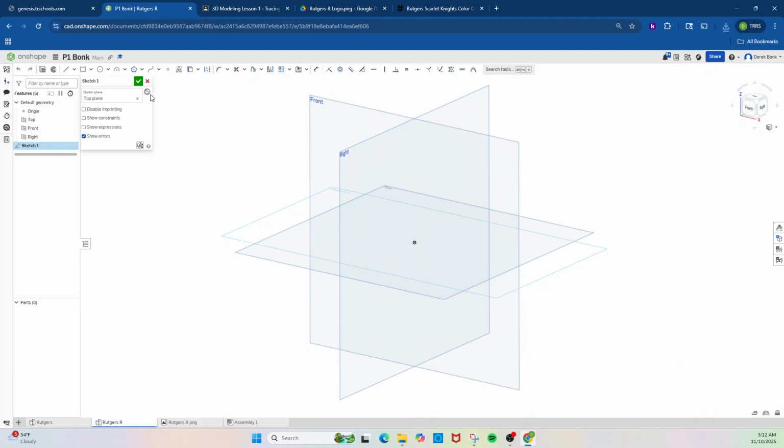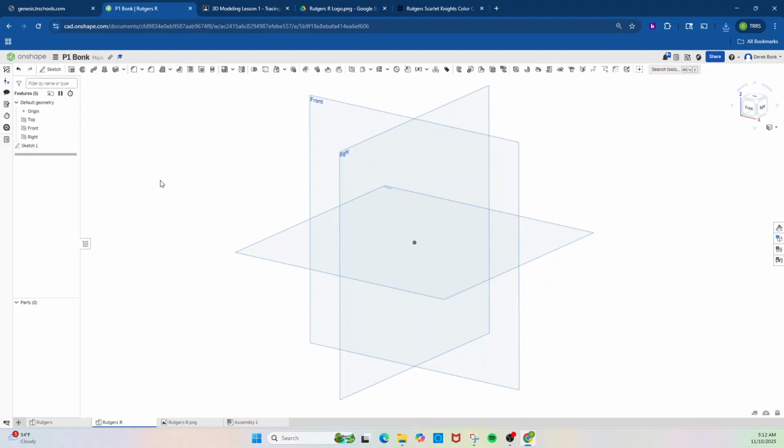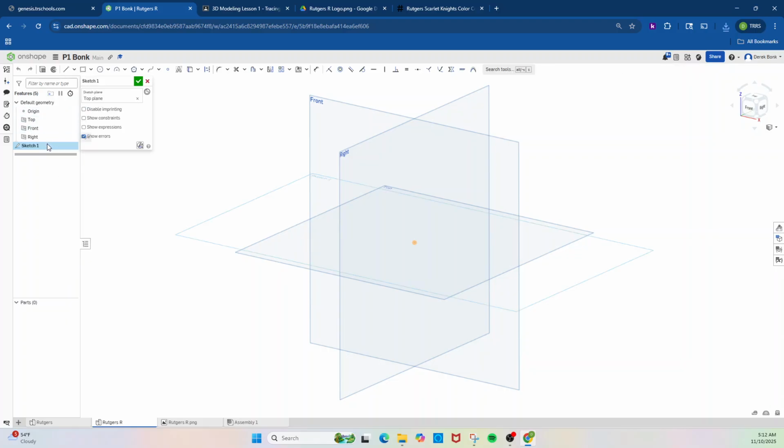I'm going to do this real quick. This happens all the time. You have to know how to get into these sketches, and as you create things, there's going to be a list of your history steps going on here. The first sketch is going to be where you're going to put a picture in to trace it. Up here,